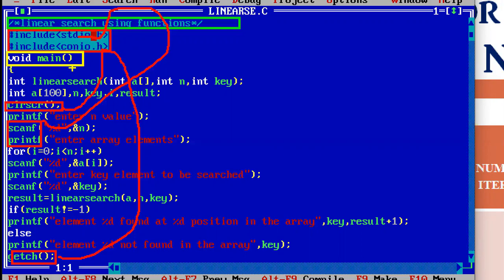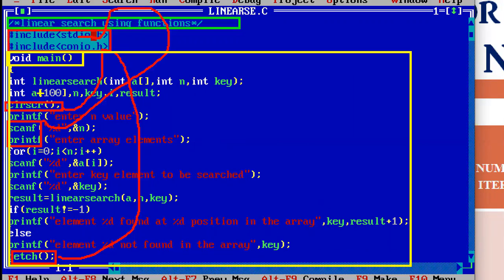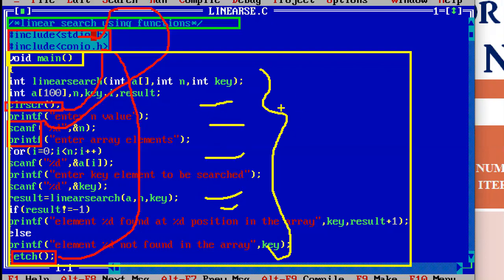To create any program, the predefined template is main, and all these statements are enclosed within a pair of curly braces, opening brace and closing brace. All these statements are written by the user, that's why it is called a user-defined function, and the compulsory template is main, that is, a user-defined function with a predefined template.